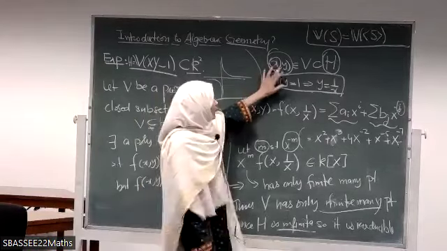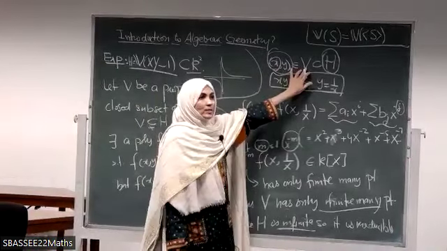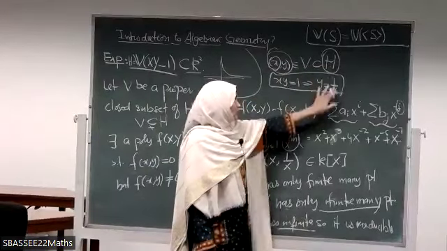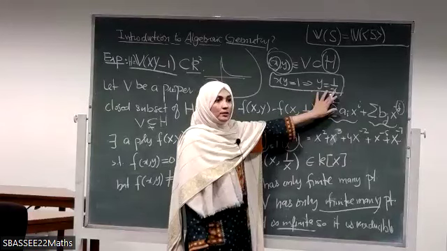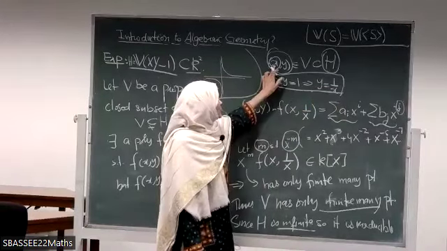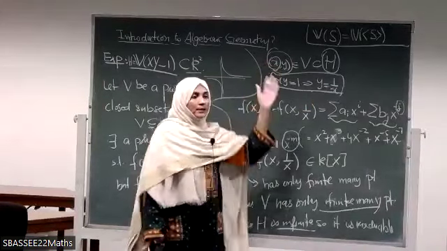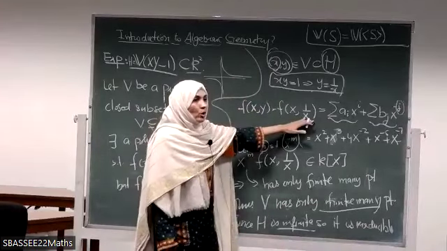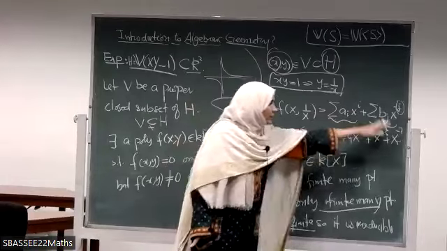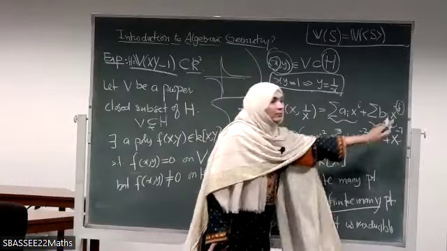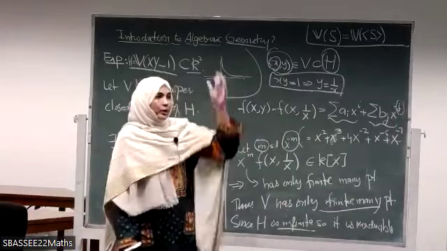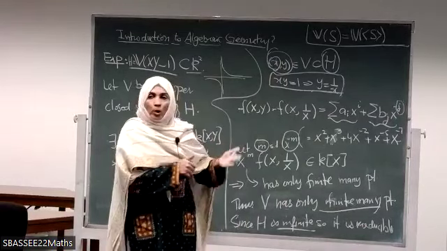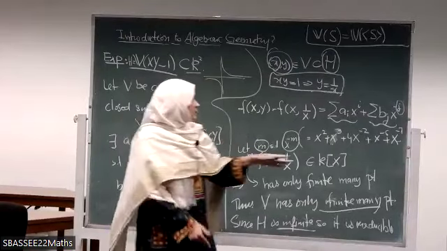We are picking a point in B, which means that it satisfies this equation because that is a part of H. So this means that you just need to focus on one variable. The other variable is already fixed. So that's why you get a polynomial in one variable, but definitely here you can see that some negative exponents will appear because we are choosing 1 over x. Whenever y is coming in your polynomial, then definitely you are getting some